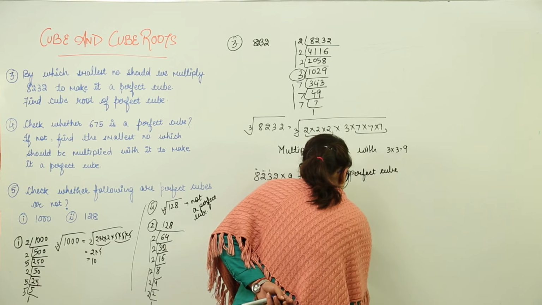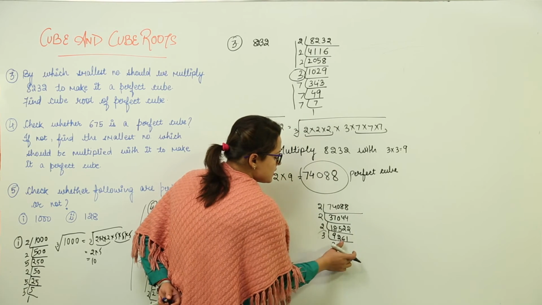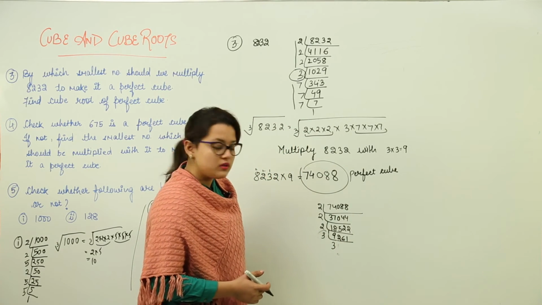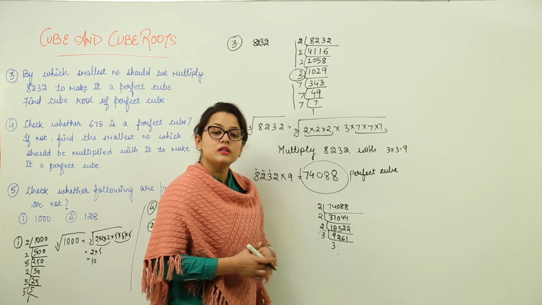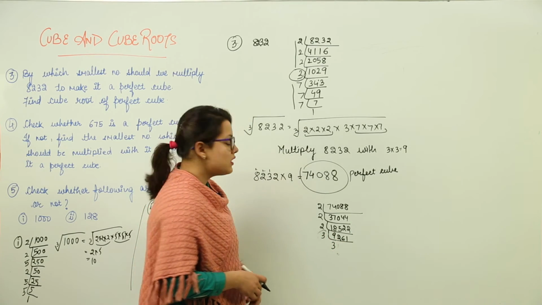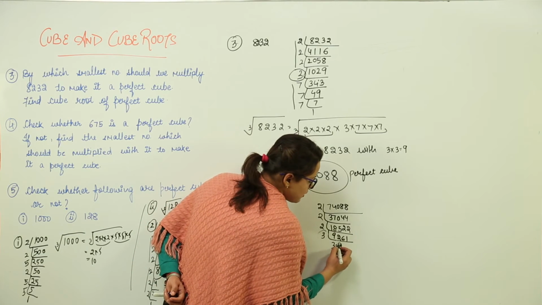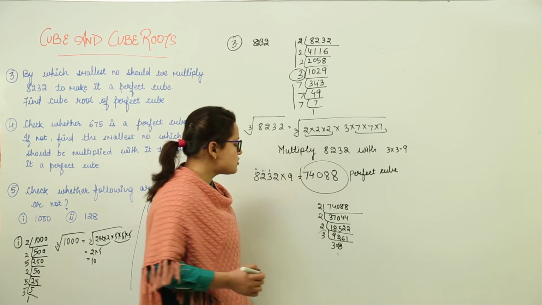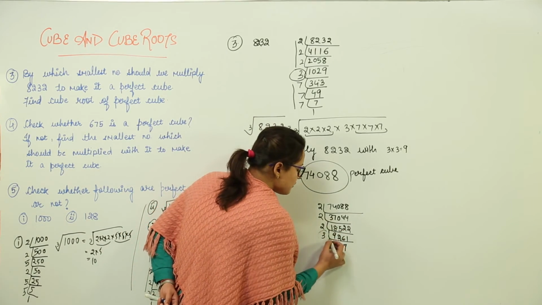3 3s are 9, 3 4s are 12. No, because why? Over here we have 26. It won't go with it. The 2 single will not go with 3, right? We need to consider 2 digits. Now think, is 26 coming in 3? No, 26 is not coming in 3, but 3 8s is 24 can be done, but we should add a 0. 3 8s is 24, we are left with 2, 2 and 1 21, so 3 7s is 21.